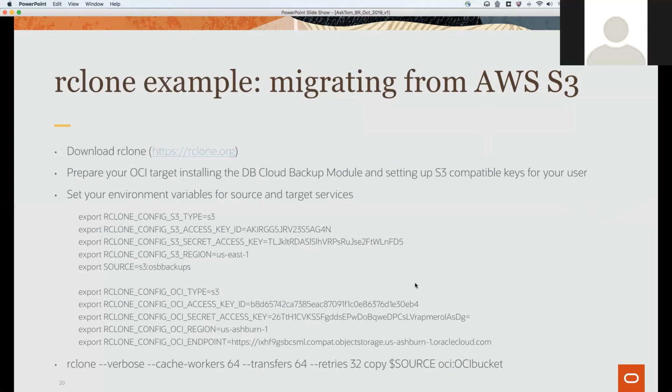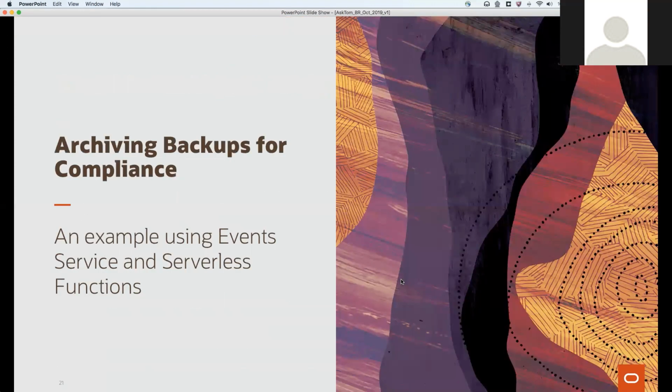There is no cataloging operation. There is nothing else to do. Okay, so it's very easy to move things from one place to another. You can do things a little more sophisticated if you want,